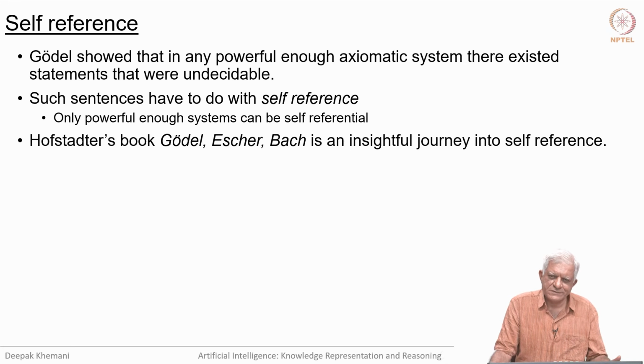I keep talking about Hofstadter and his work. So, his book Gödel, Escher, Bach is an insightful journey into self-reference. As the title suggests, it talks about mathematics, and that is why Gödel is there in the title. It talks about art. So, there was this artist Escher who did these engravings, and his engravings had this property of self-reference essentially. So, just look up Escher and you will get to see some of these nice